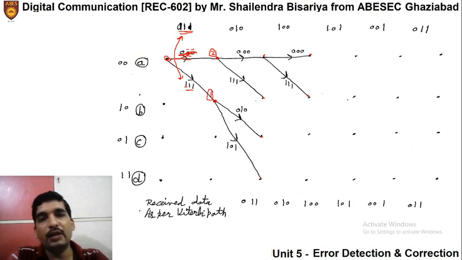When we proceed further, we will add this Hamming distance to that path. That is what we will do. At this point, the output is 000 while the received output is 010, and if we compare the two, only the second bit differs, so there is one Hamming distance. And one Hamming distance added to the previous Hamming distance 2 gives the Hamming distance at this node as 3.